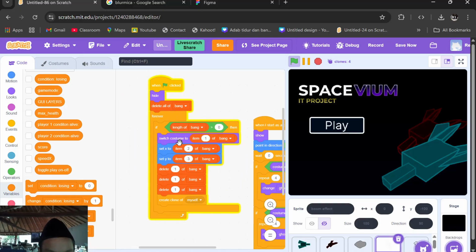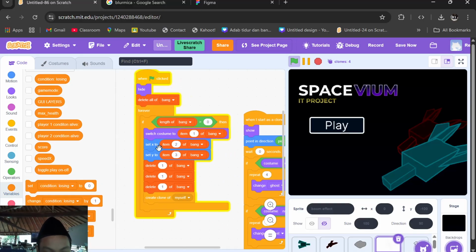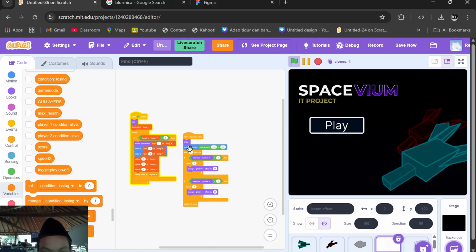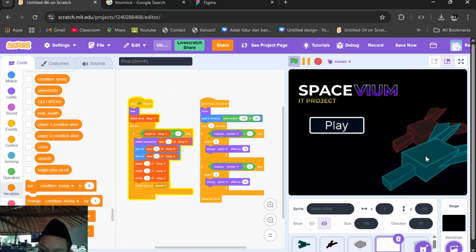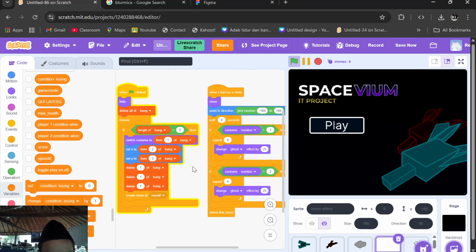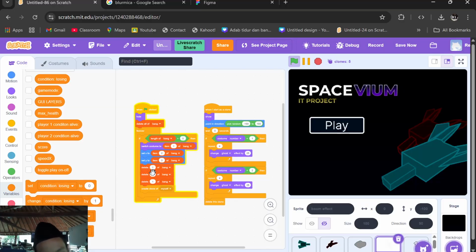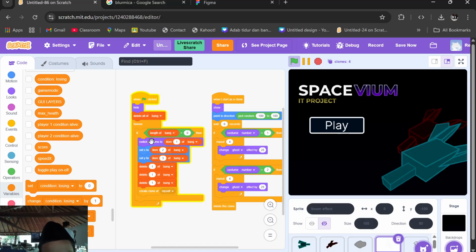Also this will set X to item 2 of bank, and the bank, when you are in some scripts like this or this, will detect item 1, item 2, and item 3 to make the explosion. Then delete: this will switch the costume to this and set X to the position of the player or asteroid, and delete 1 means item 3 of the bank.